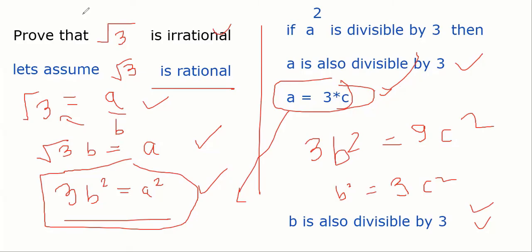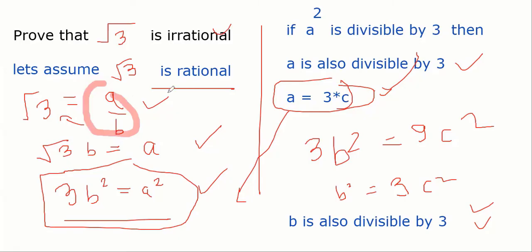In summary, I'll tell you in one line. You can go to your NCERT book. It's very easy, very clearly given. In summary, we assumed a by b as integers and co-primes. Co-prime में क्या होता है? There is no common factor except one. Everybody agree? यही मैंने बताया था. a and b are co-prime means there is no common factor.